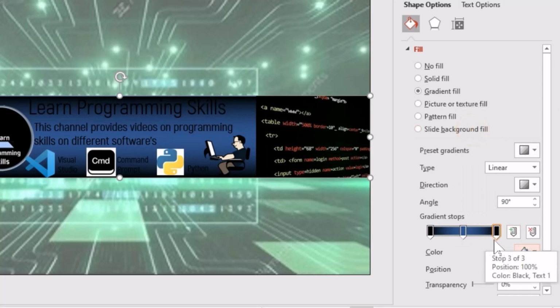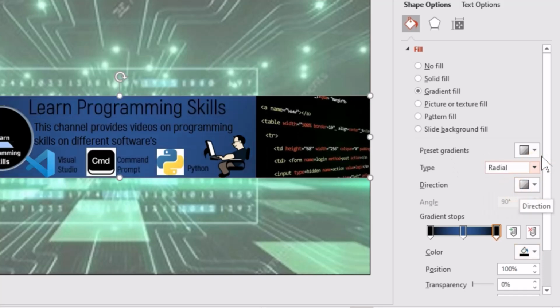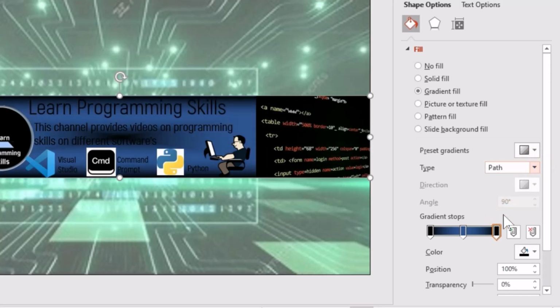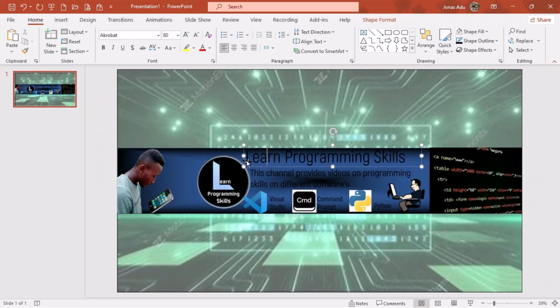And you have the option to change the type of this particular gradient. Now this is set to linear. You can change to radial, you can change to rectangular, you can also change this to path, and depending on your preference you can choose any of these. And I'm going to maintain this as the path type. And now let's move to the slide area and change the font color of this text. So I'm going to close this window, and I'm going to select this text, change the color to white,